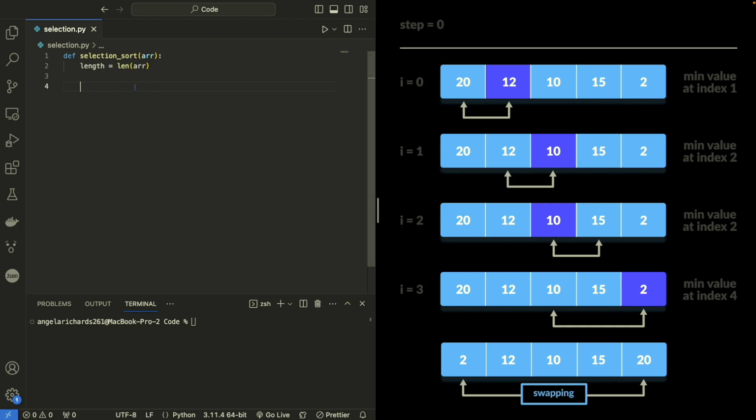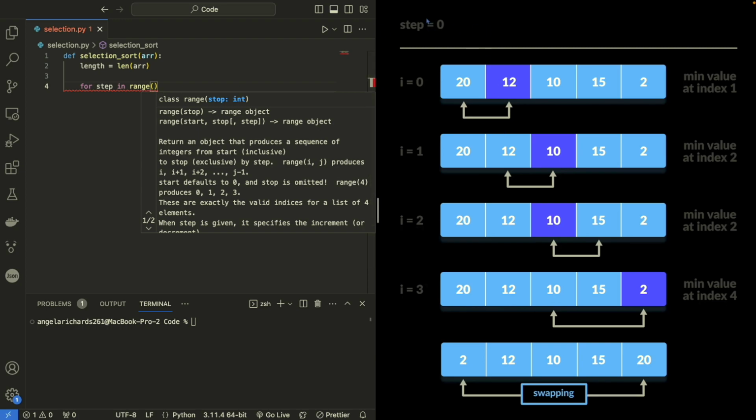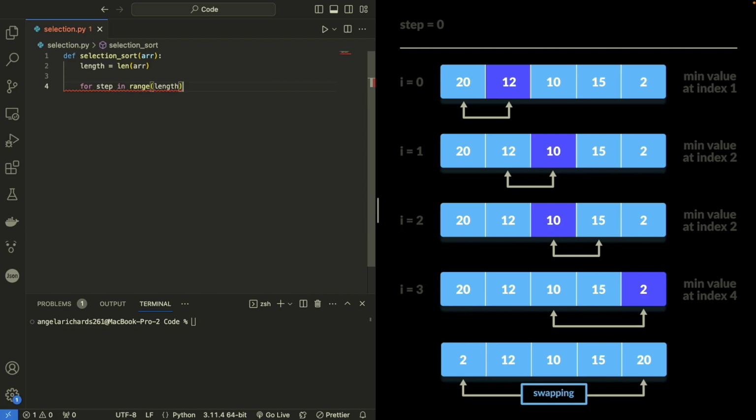And then we want 2 for loops. We're going to have 2 nested for loops. The first loop is going to be for keeping track of steps, so how many times we actually step through the list. So we can say for step, usually I would do I, but in our graphic we have right here, we have step. So for step in range of the length of the array, because we're going through until we reach the end,